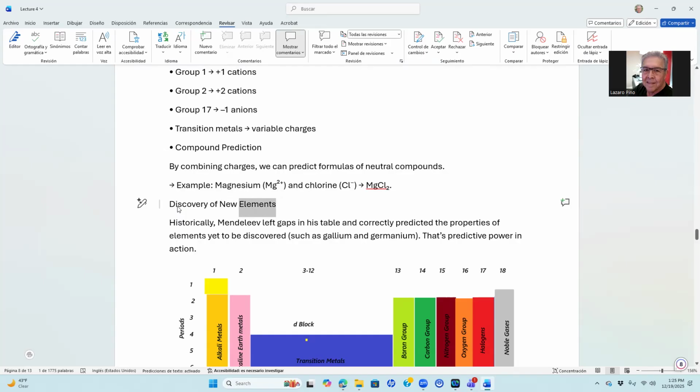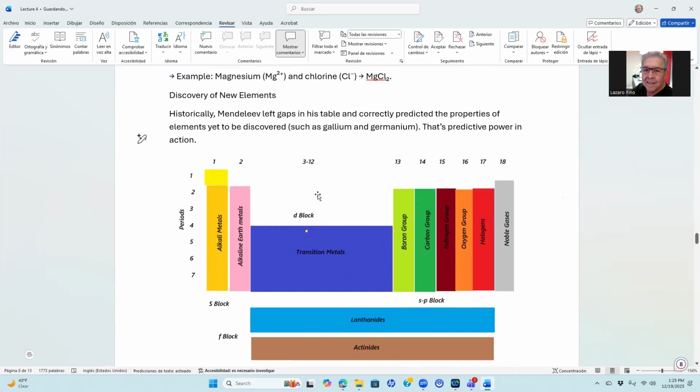Discovery of new elements. Historically, Mendeleev left gaps in his table and correctly predicted the properties of elements yet to be discovered, such as gallium and germanium. That's predictive power in action. Okay, let me stop here. Look,